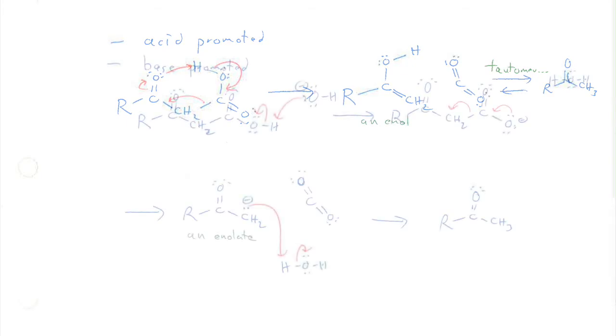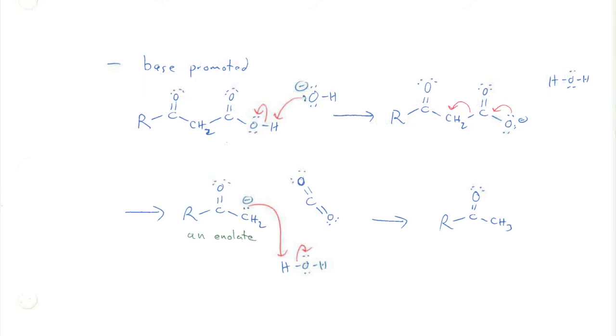Now, this same chemistry can be done under basic conditions, but the mechanism is actually quite a bit different. It's a little bit more intuitive, I would say. So here we've got, again, you have to have a beta carbonyl relative to a carboxylic acid. Well, when you treat this with a base, naturally what you're going to do is remove the acidic hydrogen, the carboxylic acid hydrogen. So your base will remove that, make a carboxylate,